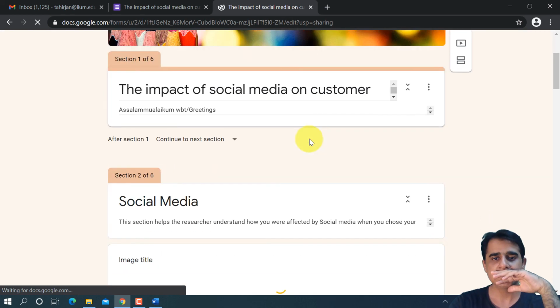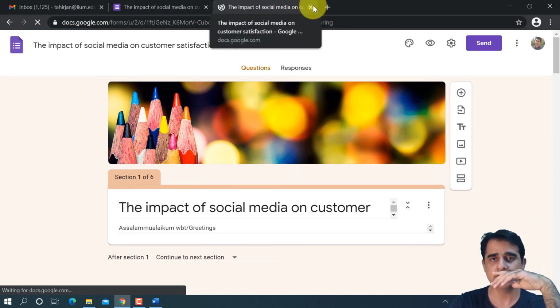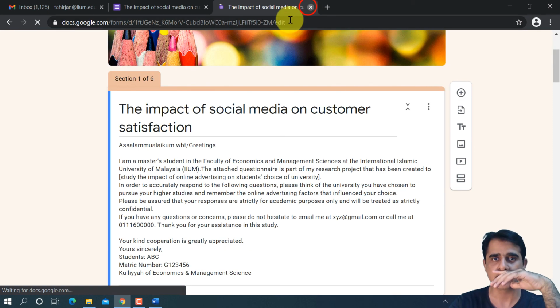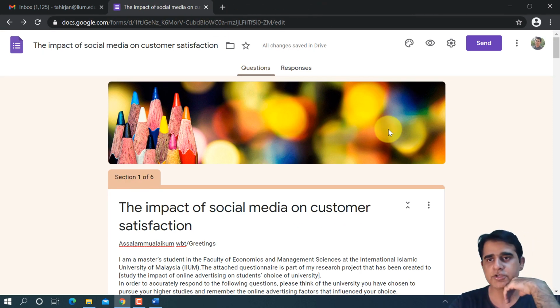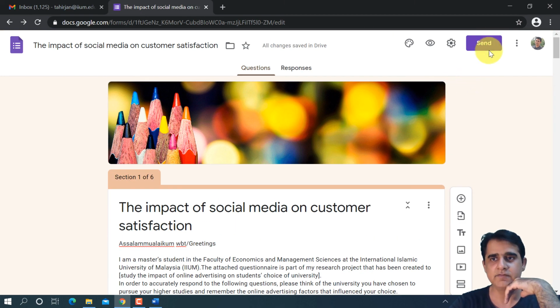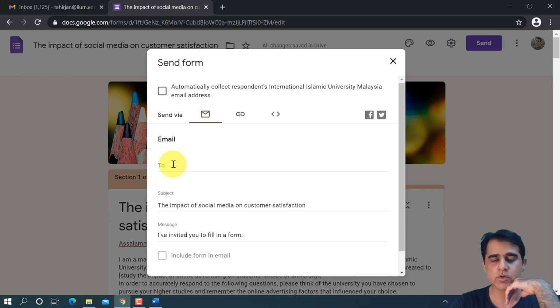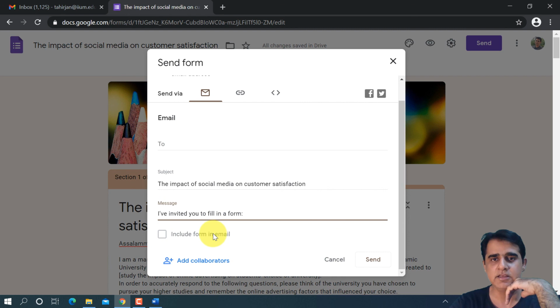You see that the link took me to the questionnaire, which I can change. Well, I'm already signed in, so I have to test it on another one. So this is your questionnaire. It is ready. Once the questionnaire is ready, everything is done and dusted, you click on send the questionnaire. So send the questionnaire to who? Either you put in your respondents, you can write a nice email to them,